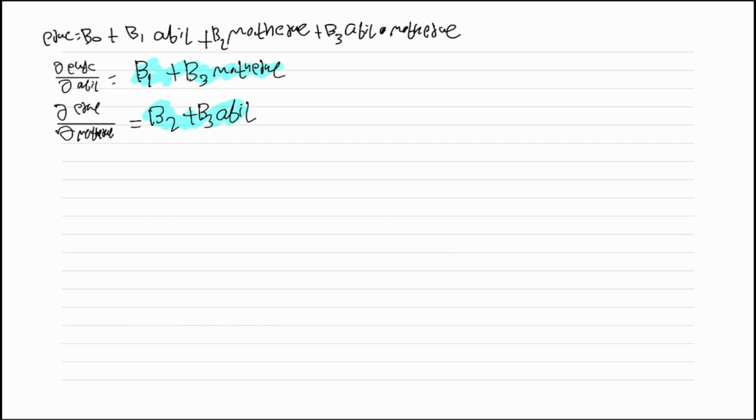Hello everyone. Today I'm going to explain how to interpret the coefficient of a multiple linear regression when we have an interaction effect. We will look at two cases. The first one has an interaction effect of ability with mother education, and in the other, age interacts with itself. So I want to first go to Calc 1 and quickly understand the rate of change